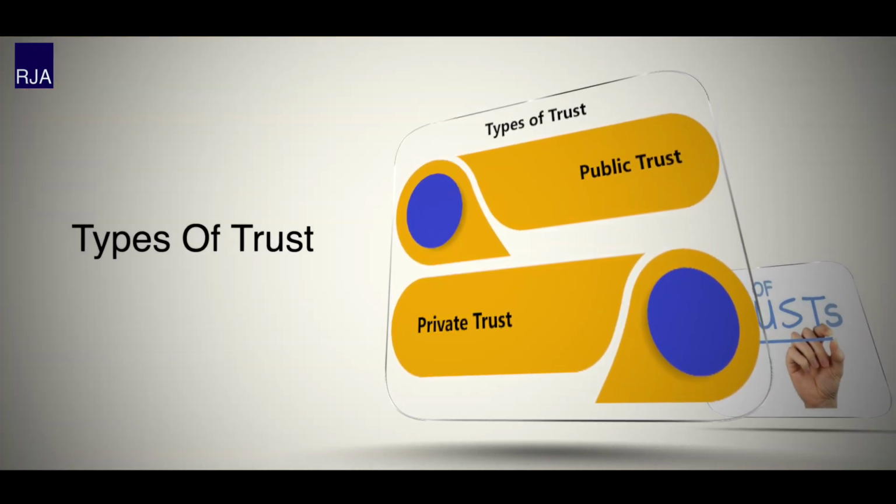So having discussed the meaning of trust, we now come to the types of trust. Trust can be of two types, namely a public trust and a private trust. The first one is a public trust. As the name suggests, it serves the public at large. Thus, the beneficiaries are unidentifiable. Public trust can be further classified into public charitable trust and public religious trust, and these trusts differ in the way they work and the objects for which they work. The second one is a private trust. It serves the identified beneficiaries, which mainly consist of families and friends.